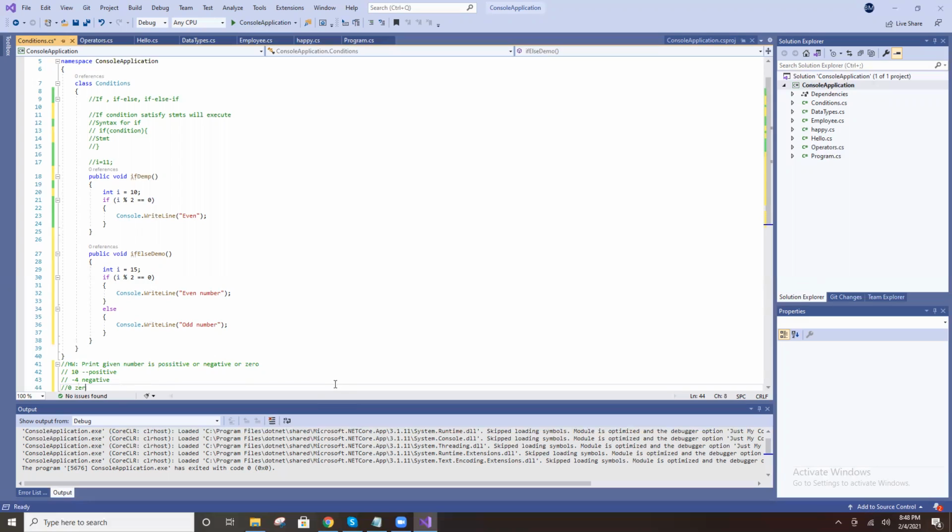I need it like this. I give any positive number, it will print positive. I give any negative number, minus 100, that is also a negative number, right? Minus 1000 is also a negative number. 100 is also a positive number. 10,000 is also positive. 0 means 0. Got it, right? This is the homework. You can do it.